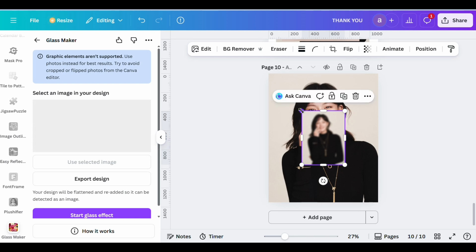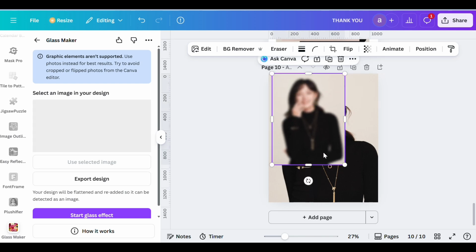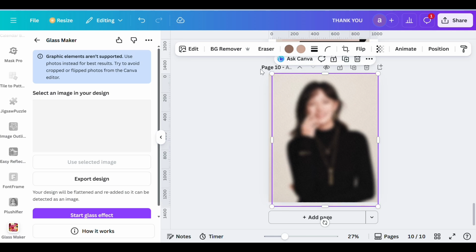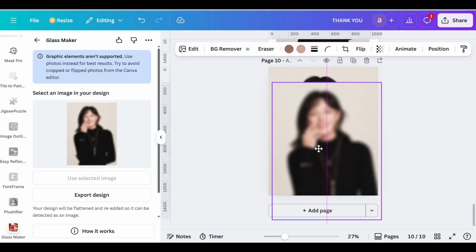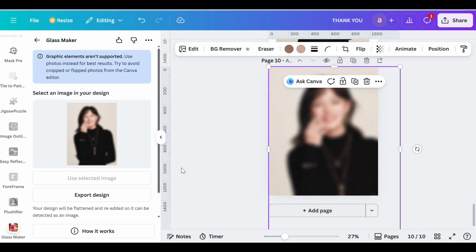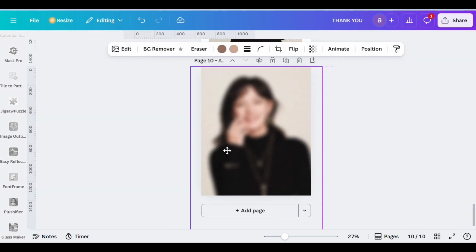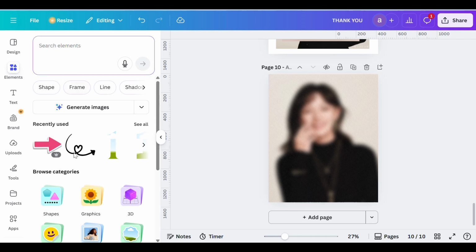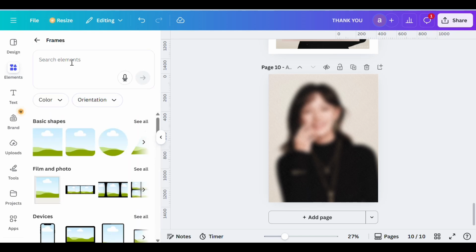like this, and then adjust the size like this, for example like this. And then after that, just go to elements, and then just search for the frames, and then just search for the half of circle